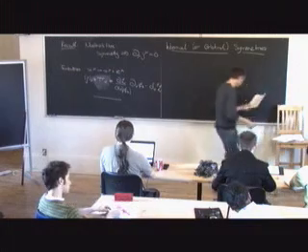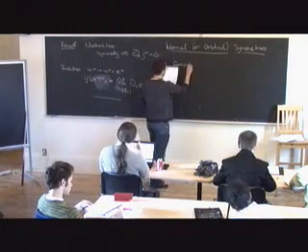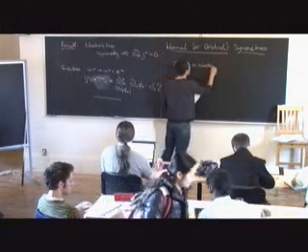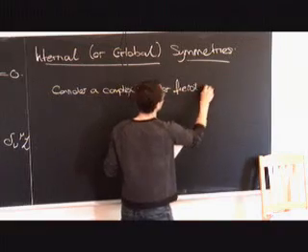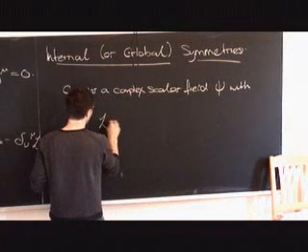Okay, good. So I'm just going to give a particular example. So consider a Lagrangian with a complex scalar field. And the Lagrangian is going to take the form